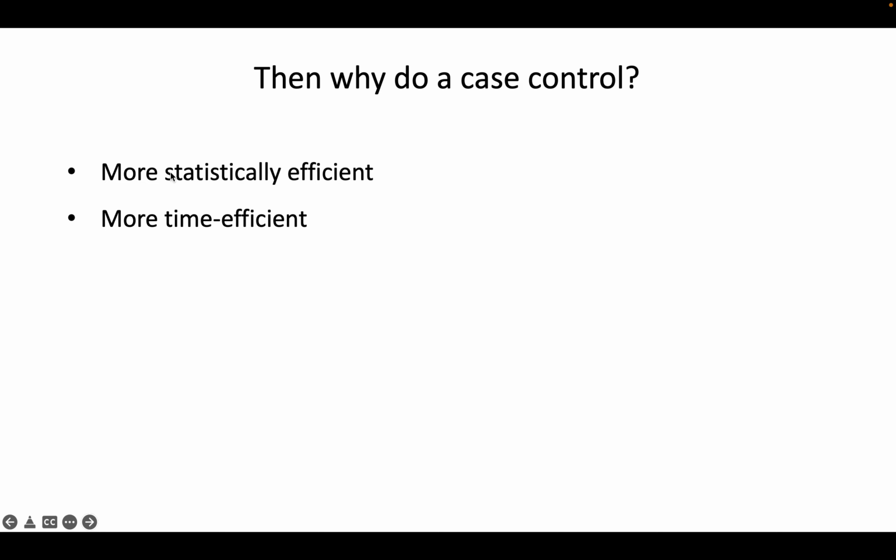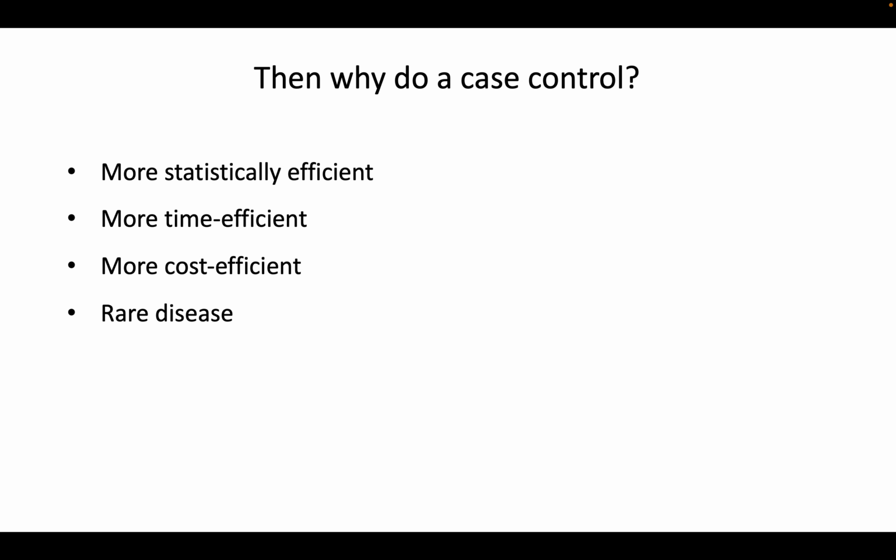And it's not just statistically efficient, like I was saying just now. It's also efficient cost-wise and time-wise. It's just efficient, period. It's good for rare diseases, where with a cohort study design, if the disease is really rare and everyone starts out disease negative, you might have to wait a really long time to accumulate enough disease positive people. You might have to wait several decades, and if you're doing a master's thesis, that doesn't make sense. A case control design would make a lot more sense, where even though the disease is rare,